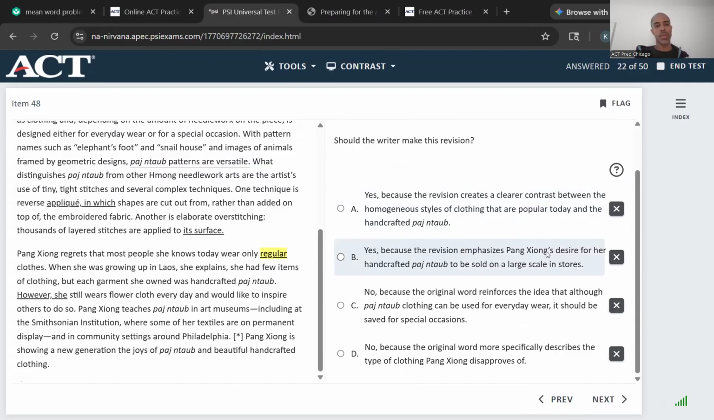No, it doesn't make it seem that. No, because the original word reinforces the idea that although patterned clothing can be used for everyday wear, it should be saved for special occasions. But I don't think that's what she was saying. She regrets that most people she knows today wear only regular clothes. She wants them to wear it for, she doesn't want them just to,